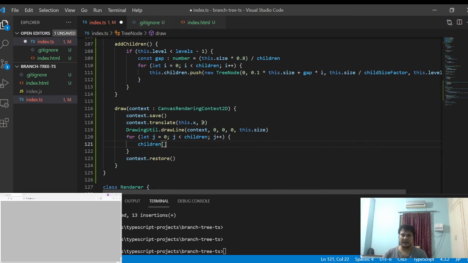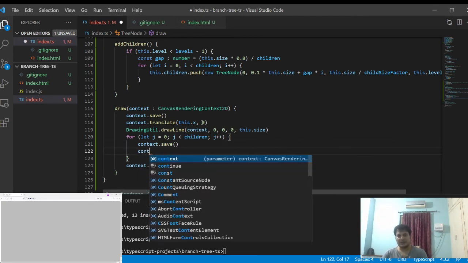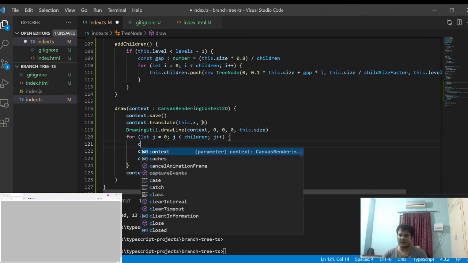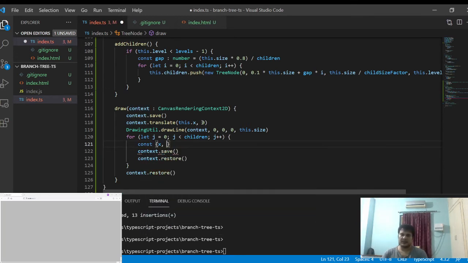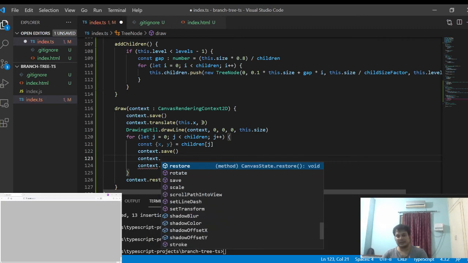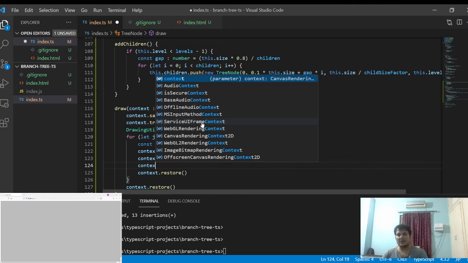Now children j, okay, we are going to again rotate at this point, the context of these two, and get the x and y coordinates of that particular place, of children j. We'll just translate to the x and y and rotate it over there.